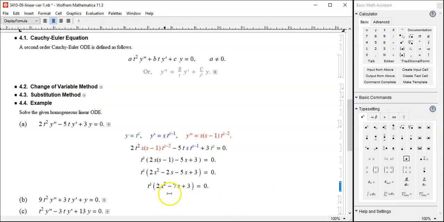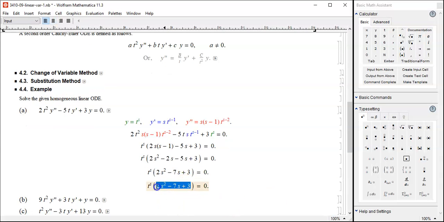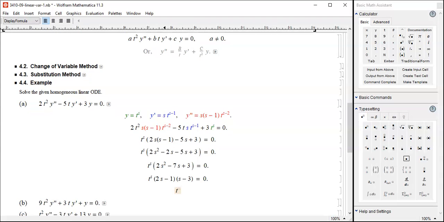Okay, going well. Let's factor this. What do we have? We have 2s plus 1, no, minus 1, times s minus 3. Did I factor correctly? 2 times 3, minus 6, minus 7, okay, that's correct. I guess that's right. So as a conclusion, t to the s power is equal to 0,